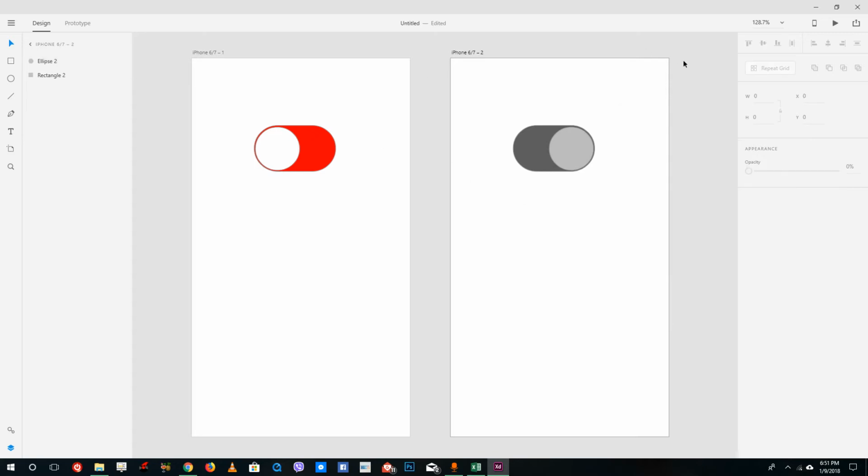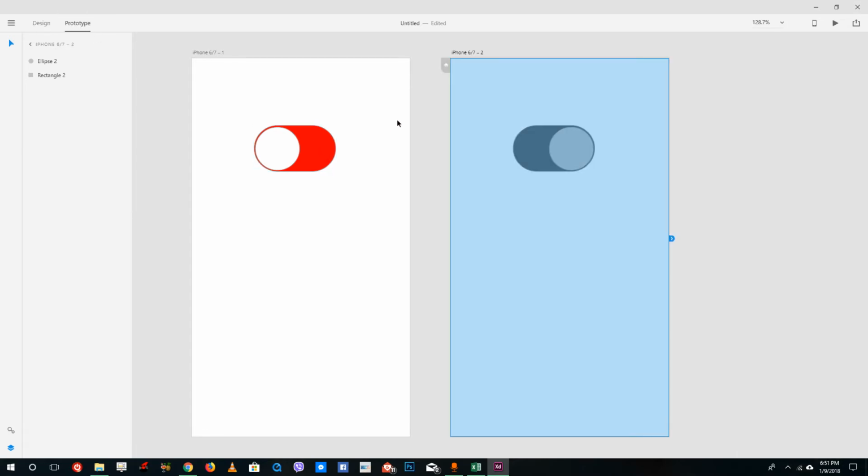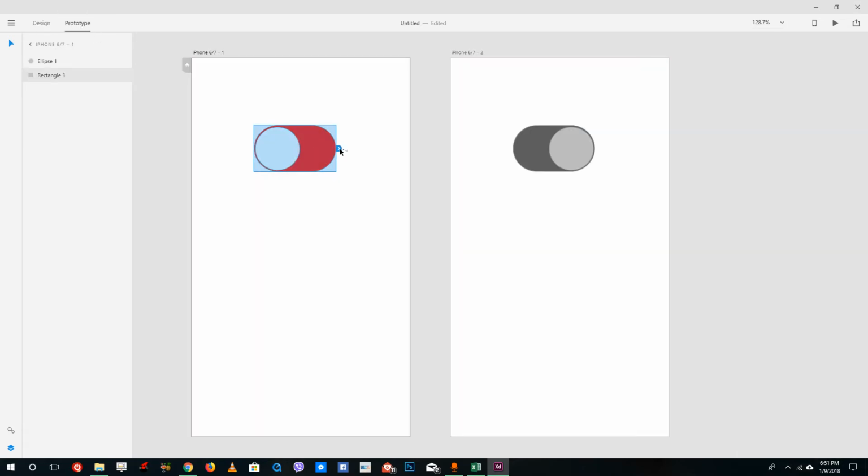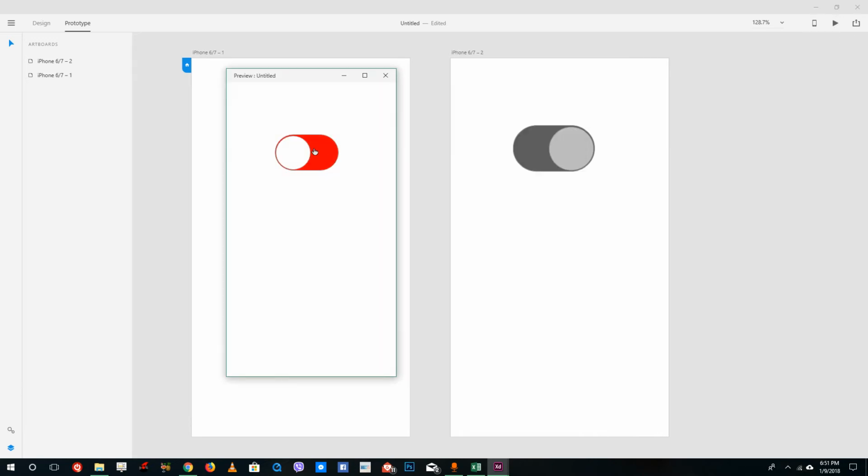So now I want to link this out. So on to my prototype over here, what I'm going to do is I'm going to select this, drag it onto this section right here, select this icon, drag it onto this icon right over here. So now once I preview, you can see that if I were to click it, the switch happens, but it